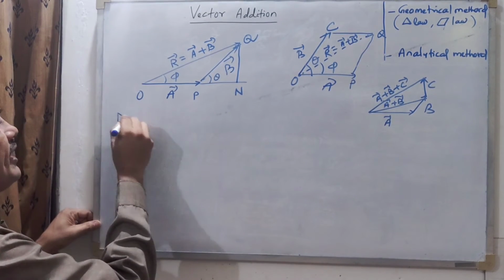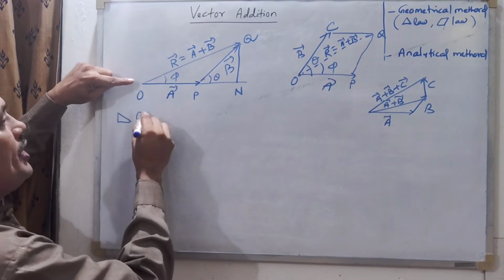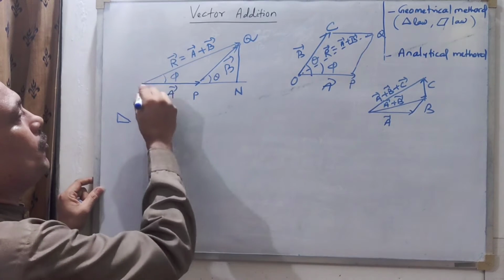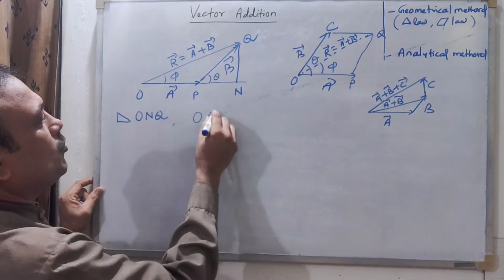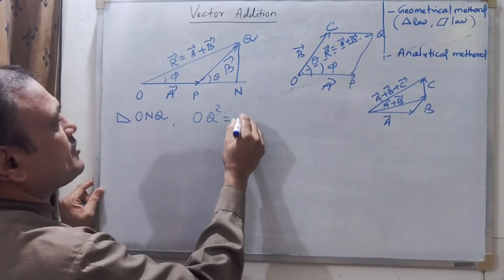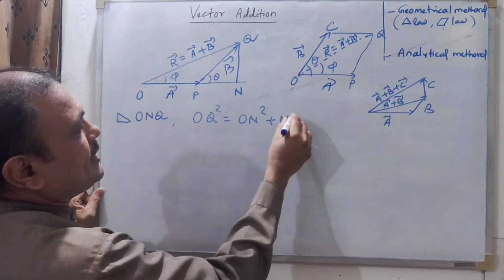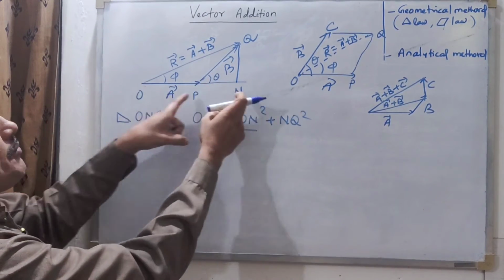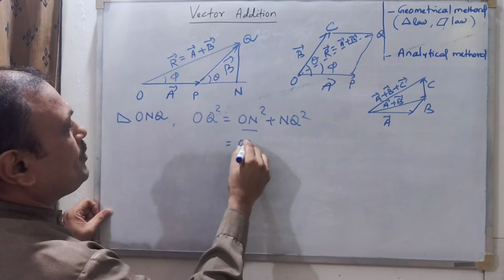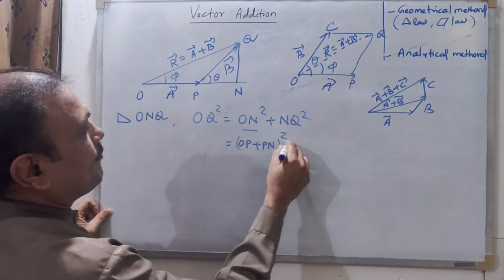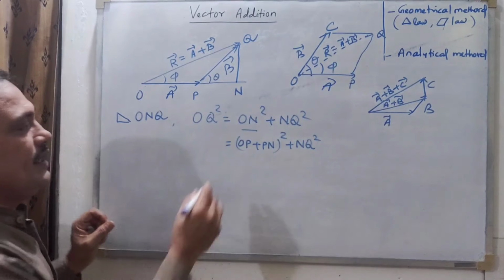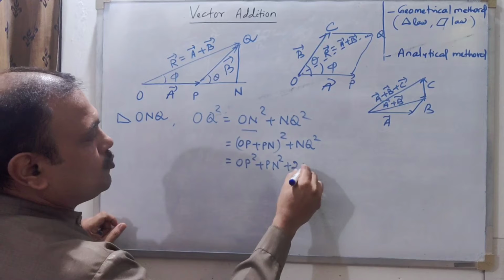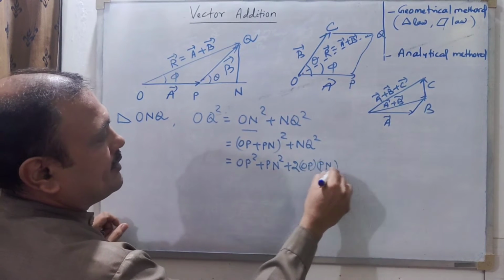Now pick up these triangles. In the right-angled triangle ONQ, I can write OQ square is equal to ON square plus NQ square. Right? And this ON is nothing but OP plus PN. Therefore I can write (OP plus PN) whole square plus NQ square. Again, I can open it and write OP square plus PN square plus 2 OP into PN